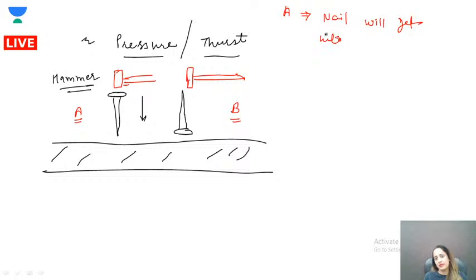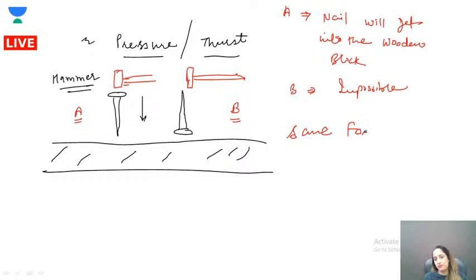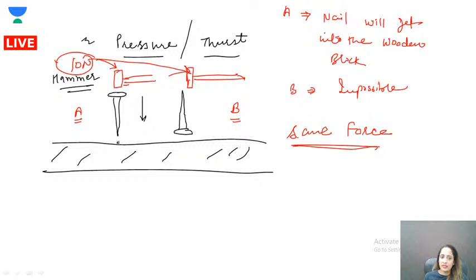Here, in case A, a nail will get into the wooden block, right? In B, impossible, right? No matter you are applying the same force. Let's say you are applying 10 Newton force in case A and in case B. You will get this nail into the wood here, but you will not get it into the wood here. Why? You are still applying the same amount of force. Reason is,